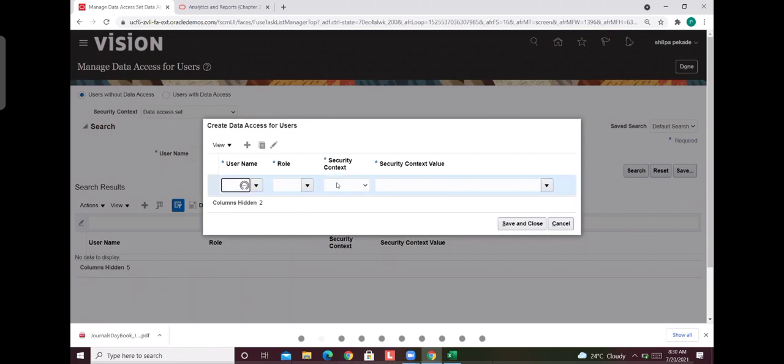Username, role, security. What is the problem here? My period was security context. Tell me your name. VEE. Username.